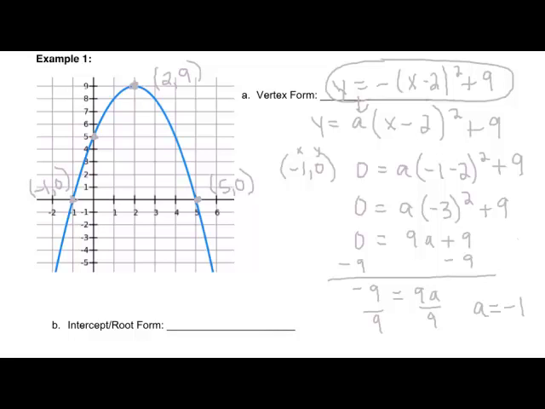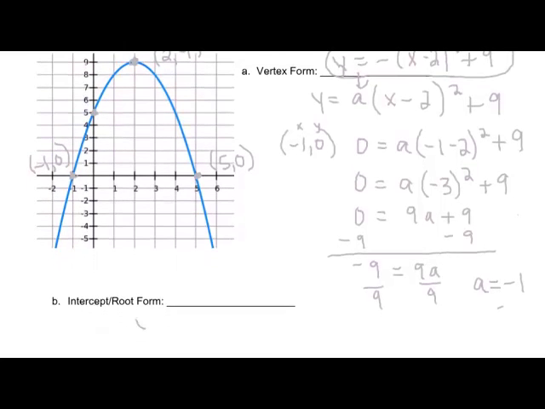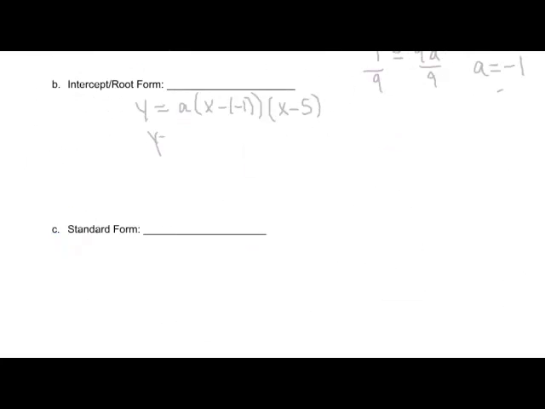They are integers, so they're easy to find. So we can just plug in those values into our equation. So we have y equals a times x minus negative 1 times x minus 5. If we simplify this, y equals a times x plus 1 times x minus 5. Now we already found a up above, but I also want to show you how to find a in